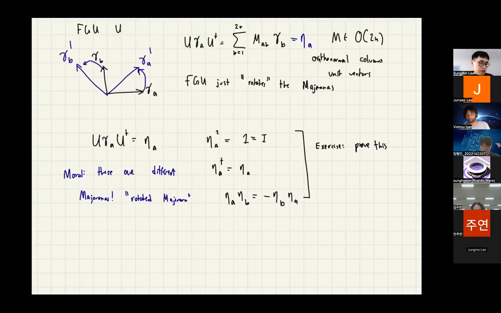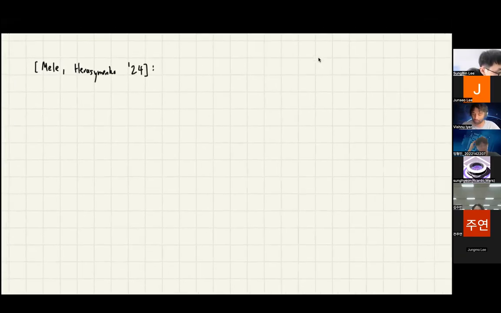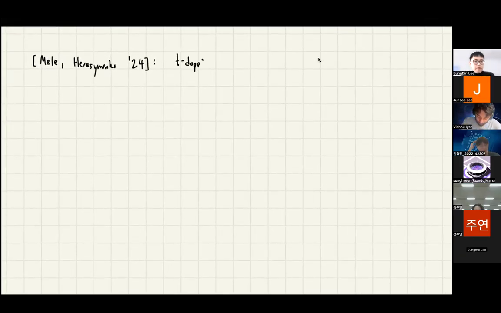So here is the conclusion. Here's the thought process that I had when I was writing this paper. So my friend Antonio, who you heard from last week, and his co-author Yaroslav, they showed the following identity. So if you have a T-doped fermionic Gaussian unitary U, you can write it as